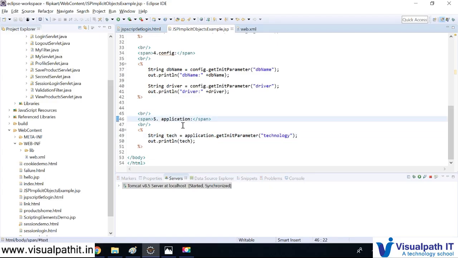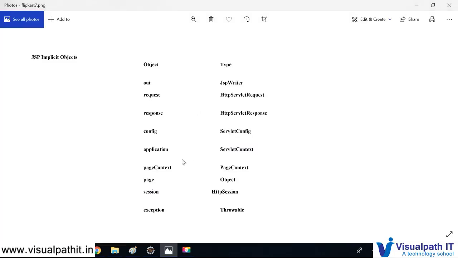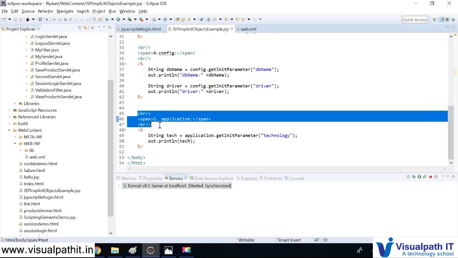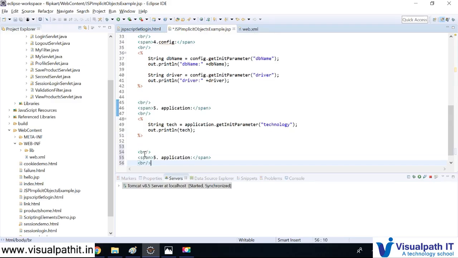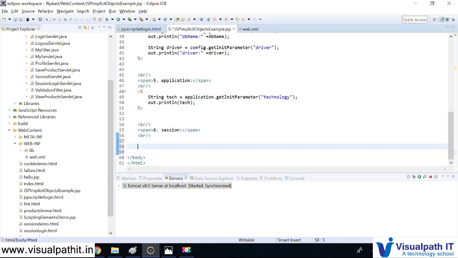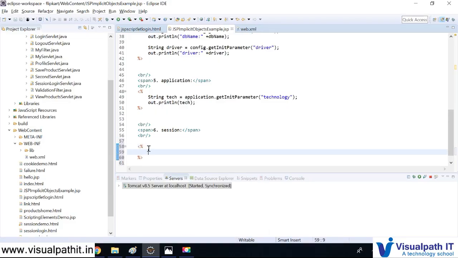Let's see the other types. What other implicit objects do we have? The other ones we can say are page and session. Let's see the session here. Later we can see the other things. For session, you'll have a session implicit variable directly available within the JSP. Suppose you want to set some value, then you can directly use session dot